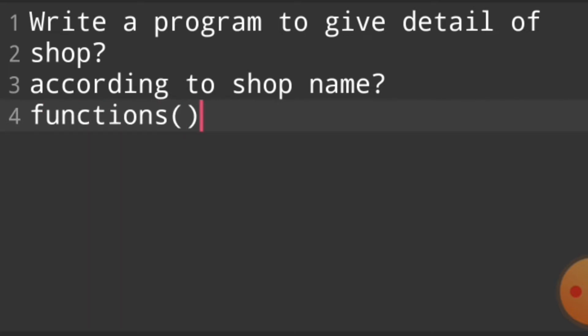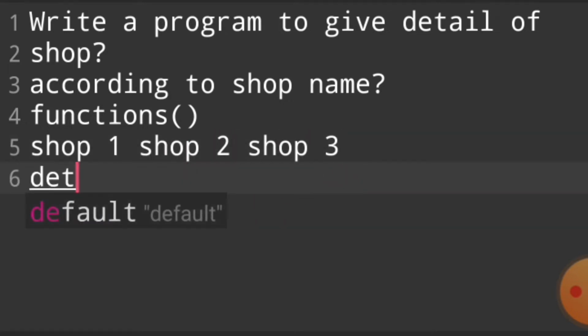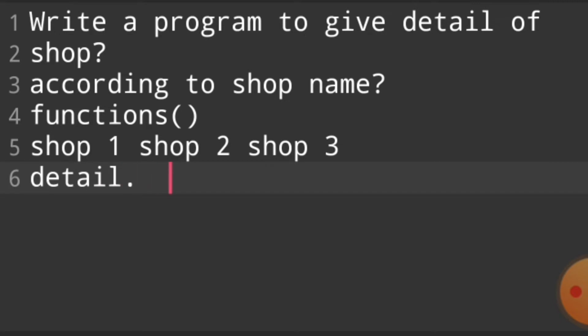I will give you a background of this program. First of all, we say shop number 1, shop number 2, shop number 3. If our user enters any number, for example 1, we call the detail of shop number 1. If our user enters 2, we go to the function, and in the function we print the detail of shop number 2.